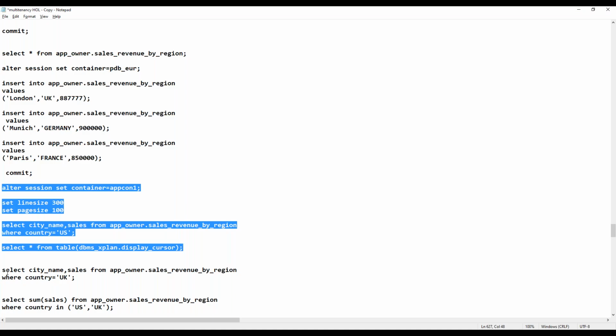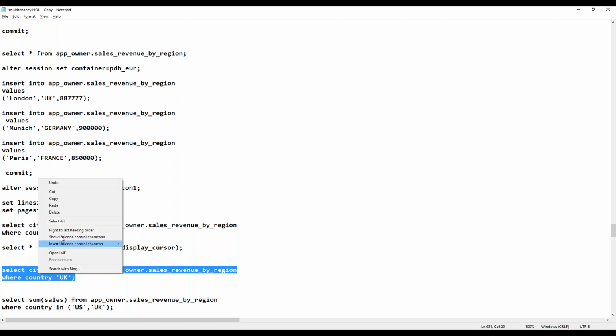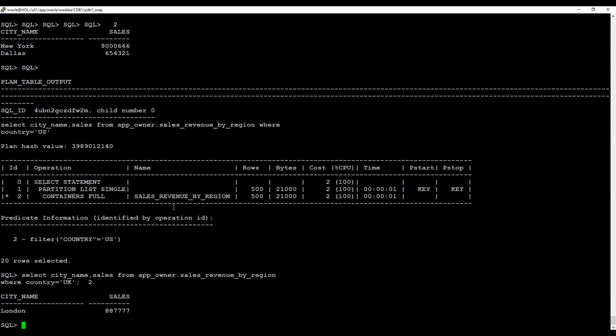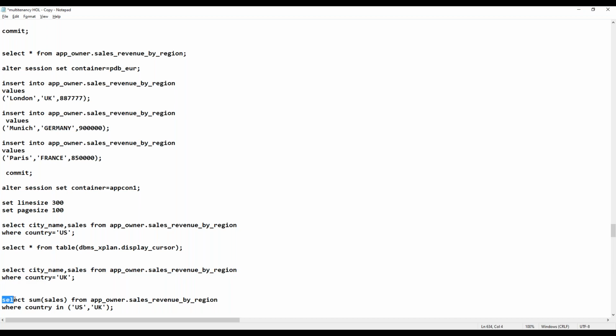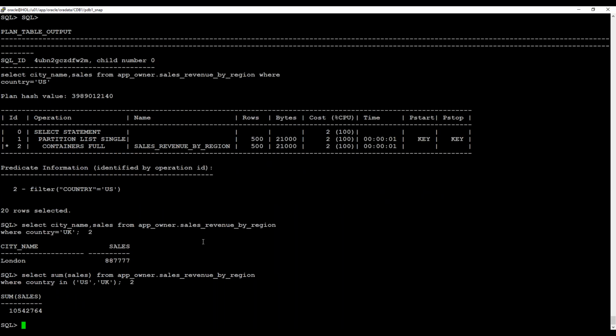And if I were to run a different query, now changing the country to UK, behind the scenes, it would basically reference pdb_eur. But what I can do is that from one common location, I want to get data from both. I can also retrieve it like this. So I'm accessing data that's stored in two different databases here